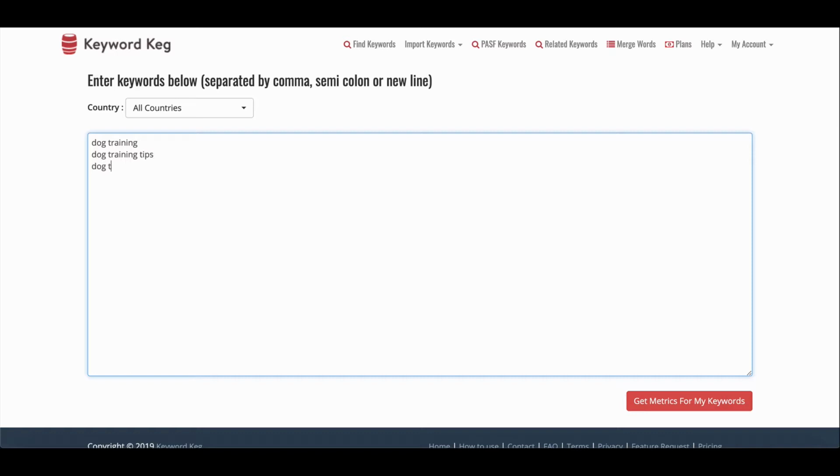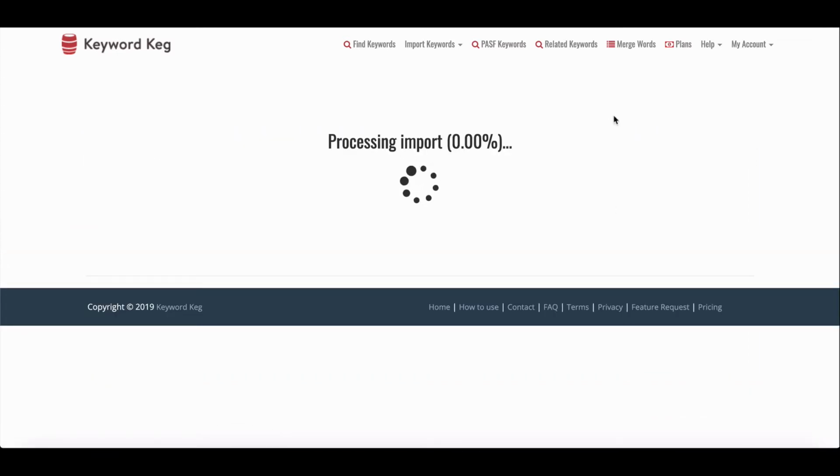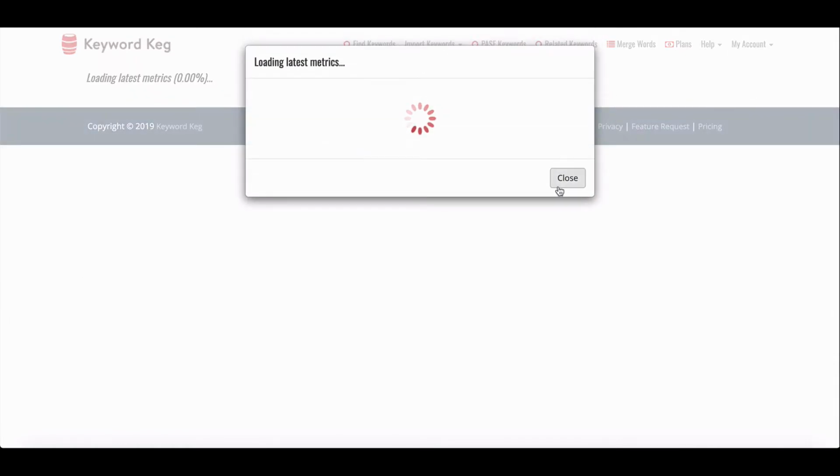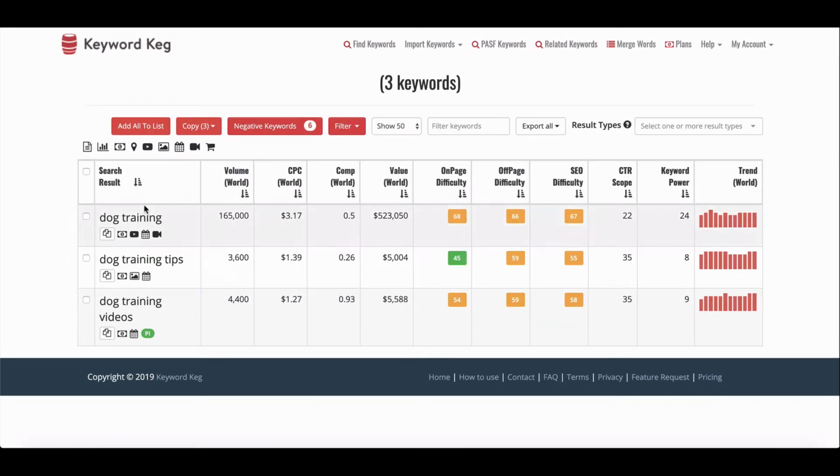tips and maybe dog training videos, and then we pretend we pasted that in rather than I'd been lazy and typed it in, and we wait for the import to run. Usually it's pretty fast, so it's going to pop up in a second. You can see here that all it's done is given us the data for that. Same view in terms of how you see things as the other interface. It's just only showing you the data for the keywords you imported,